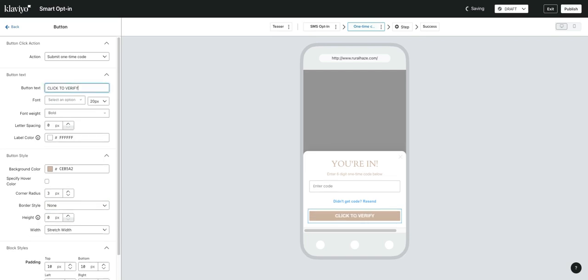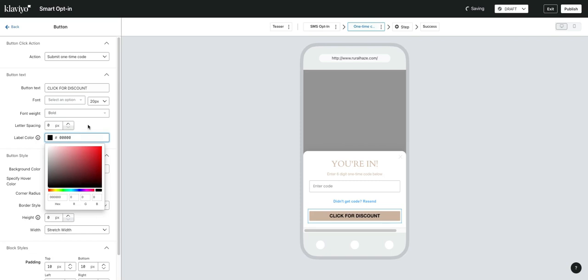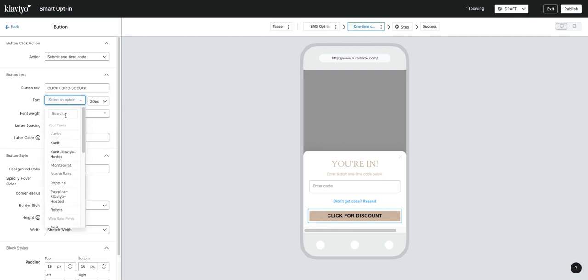But click to verify, we can put click to save, click for code, any of those things. Click for discount. And then once again, we're going to change this to black because that is the color that is on our website. For font,